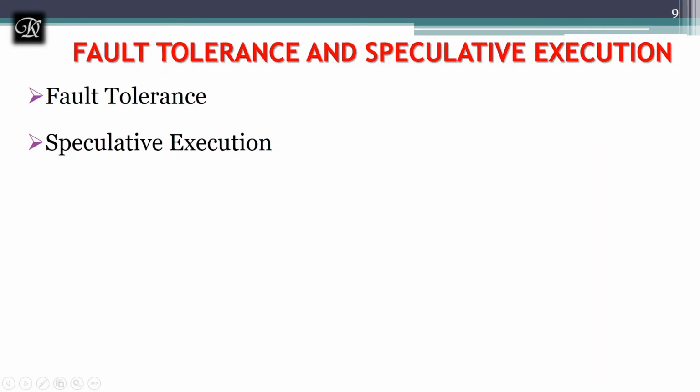Next, we are having fault tolerance and speculative execution in MapReduce. Fault tolerance is nothing but what if something goes wrong, how it's going to handle. One of the most interesting aspects of parallel MapReduce operation is the strict control of the data flow throughout the execution of the program. It's going to control it very strictly.